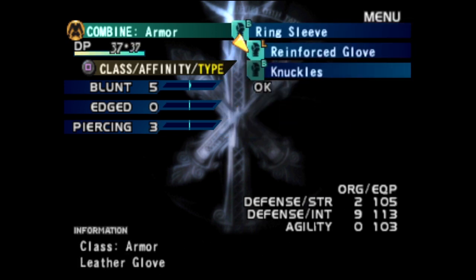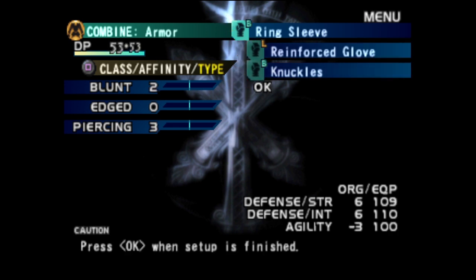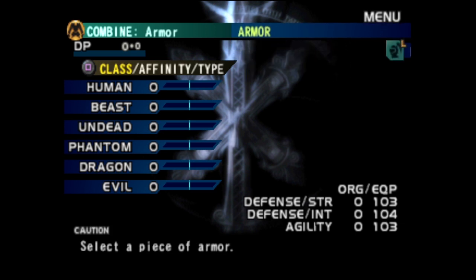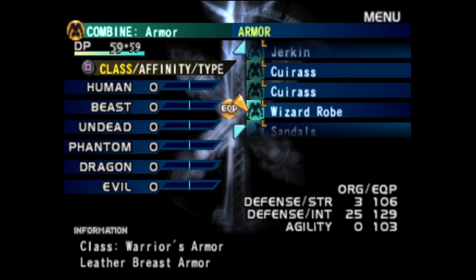Oh yeah. So 298, 562, 663, -3. So it is getting better. So this could be a combination I could go for, because it's improving it. And then maybe, since this is the tier that's before the ring sleeves, I'm gonna give it a shot. See if I have my crafting skills down. Ring sleeve plus knuckles